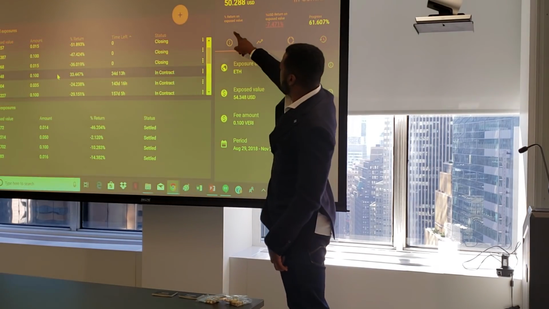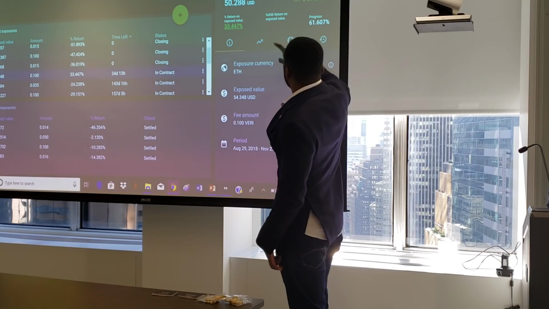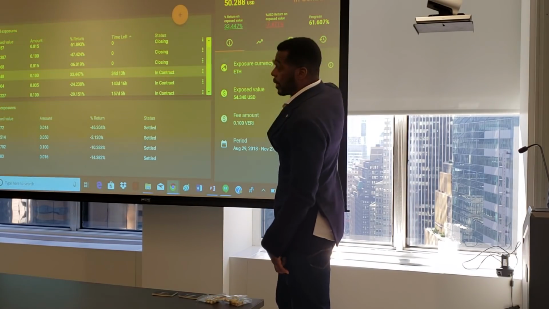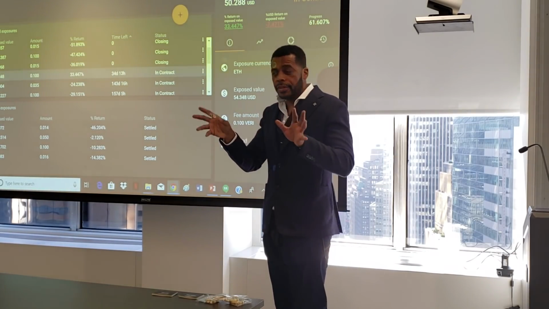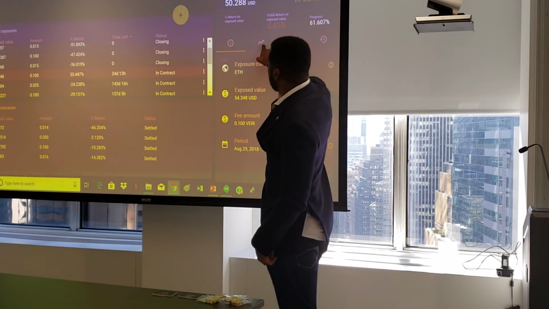Okay, so now you see the return, exposed value in US dollars, progress in terms of time of the contract. This is a smart contract that you created. You don't need to know Solidity. You simply fill in the contract terms. Okay, click the performance